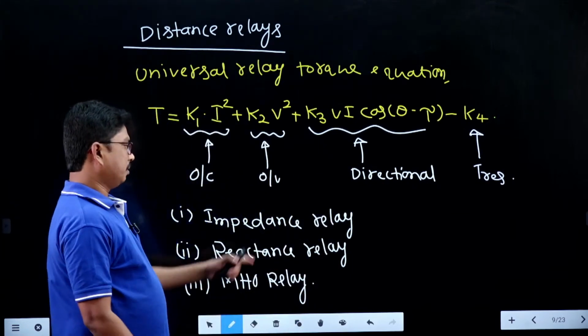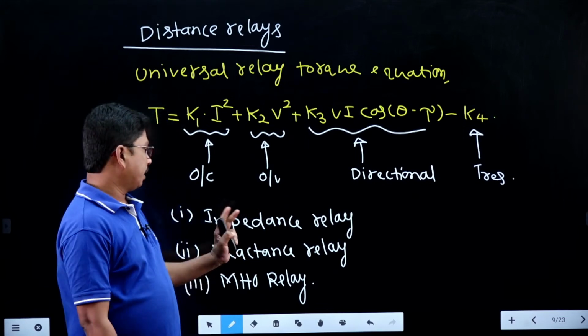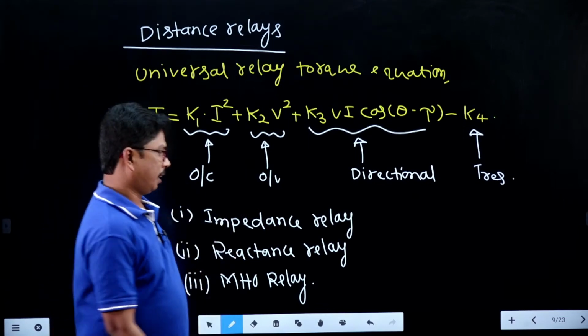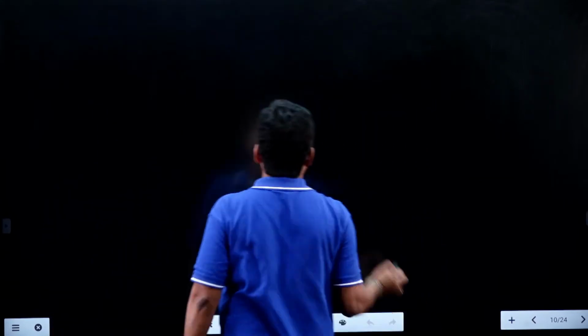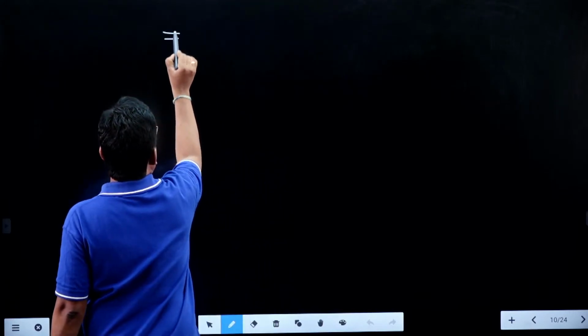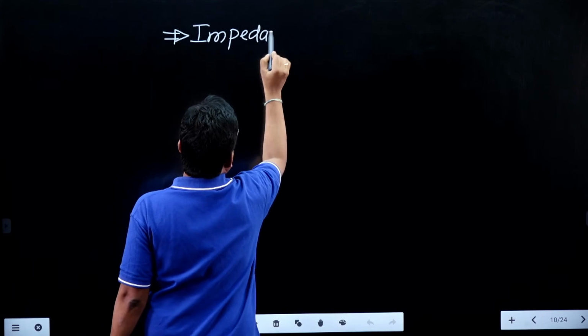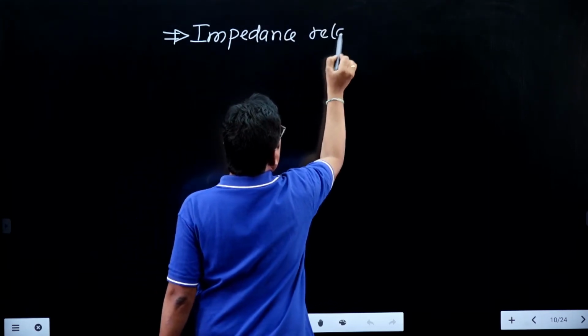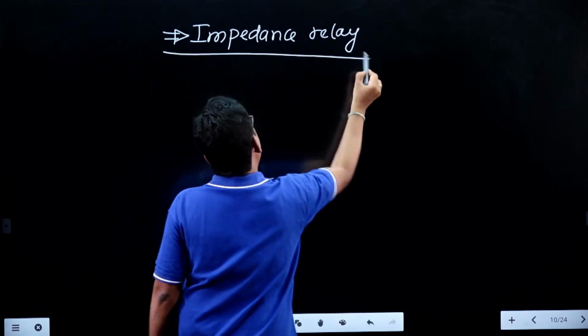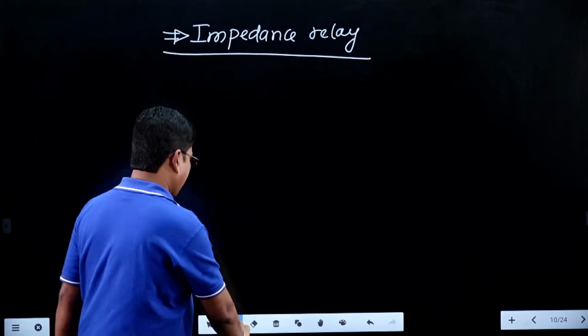Mho relay. So first of all, if you see the impedance relay, in case of this impedance relay, to get this impedance relay characteristic,